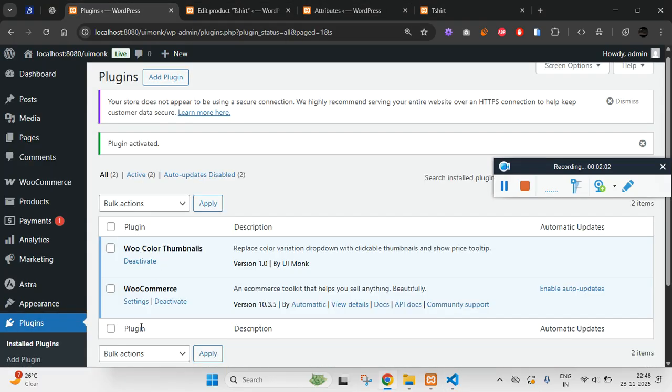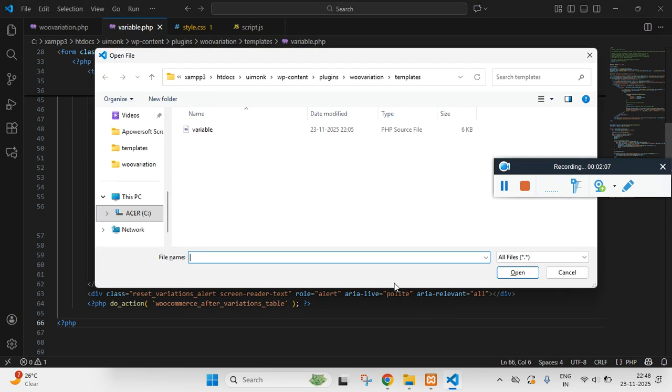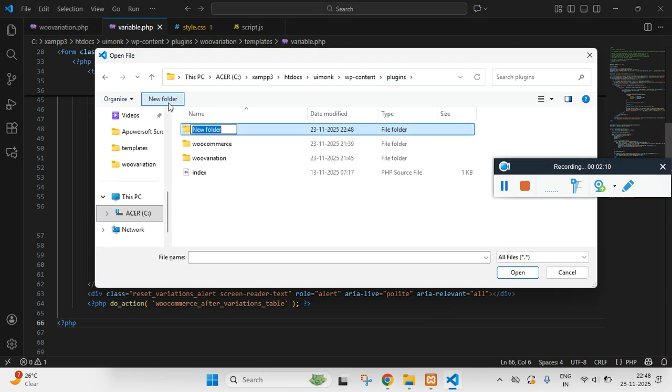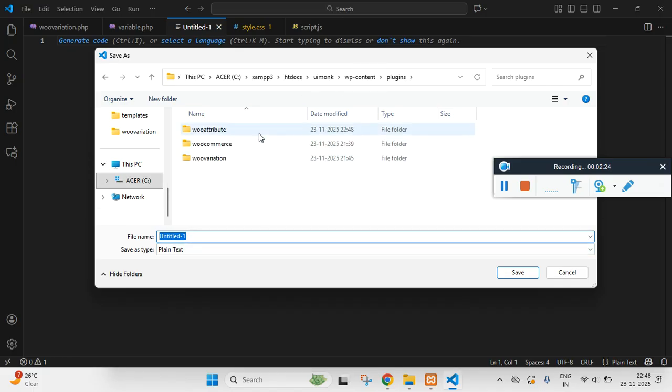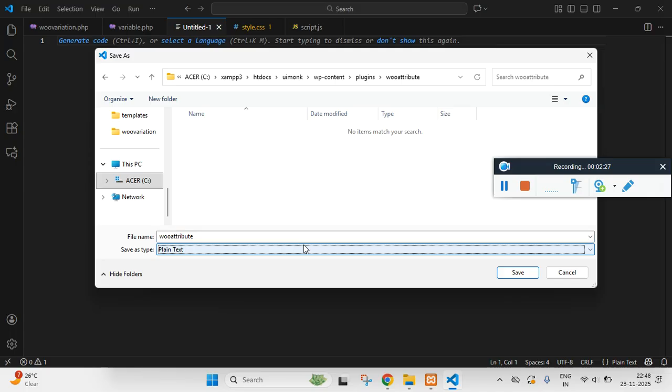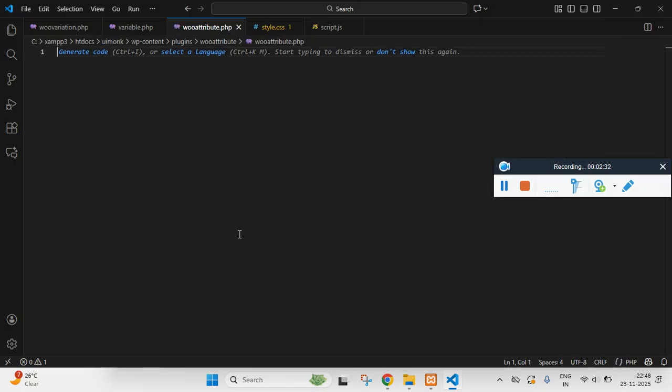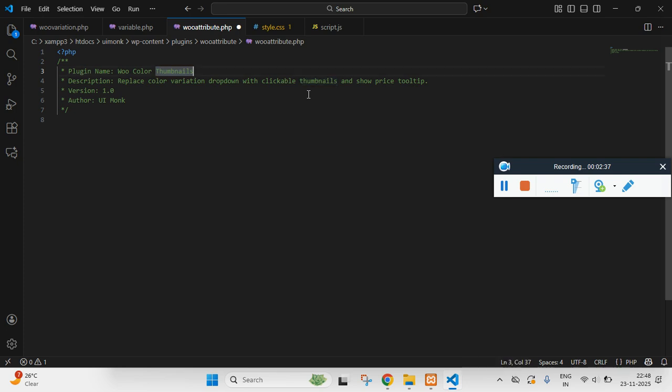To make our plugin show in this particular page, let me just deactivate this. We want to create a folder in the plugins folder. Let me create a plugin folder and we'll call it Woo attribute, and inside Woo attribute we need to create a new file. It would be a PHP file, and this PHP file should have the same name as your folder name. And now to give the description, we have Woo attribute thumbnail. This is the plugin name,